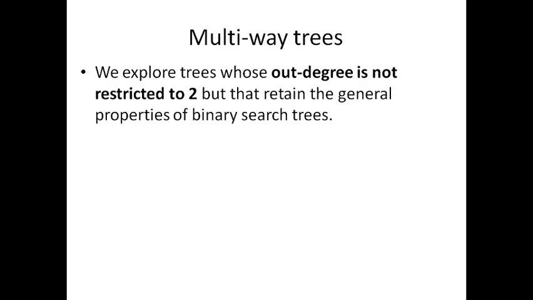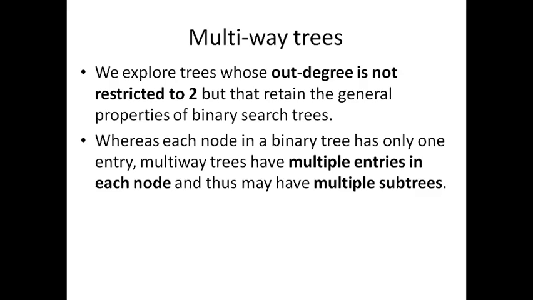The first difference between a multivariate tree and a binary tree is that for a multivariate tree, the number of children for every node is not restricted to 2. Instead, it can have more than 2 children. So what we are discussing is not a binary tree, but a general tree. Only for a binary tree, there is a limit that a node can have a maximum of 2 children. For a multivariate tree, that is not imposed, so any node can have more than 2 out degree or more than 2 children. That is the first difference. Secondly,